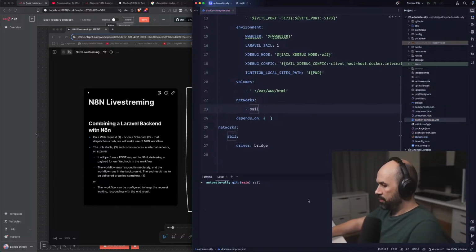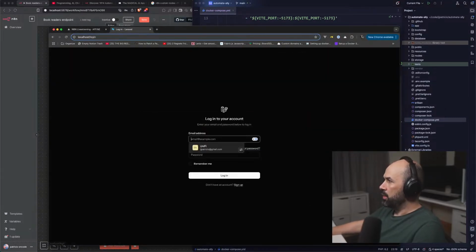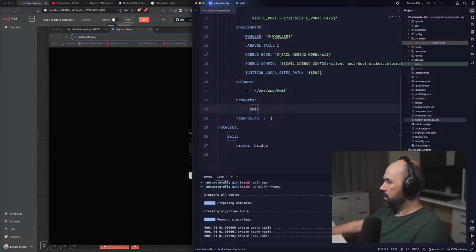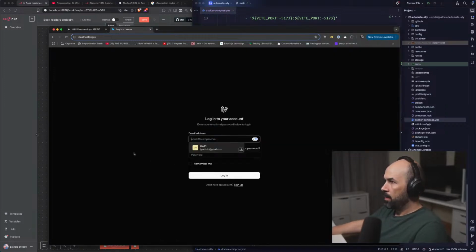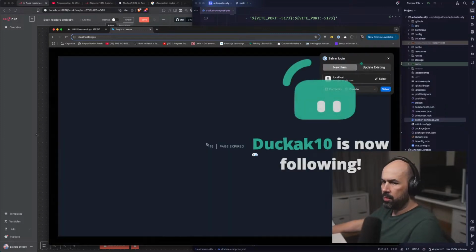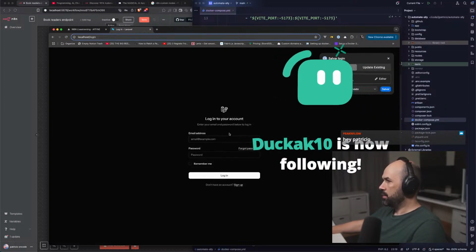So let's check if it's working. And it is. So sail artisan migrate fresh seed. Here we go. And we should be good to go. Test at example.com. Password. And page expired. Why is that?